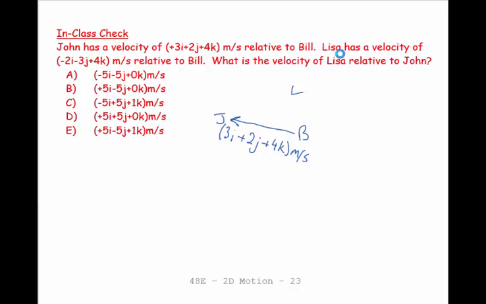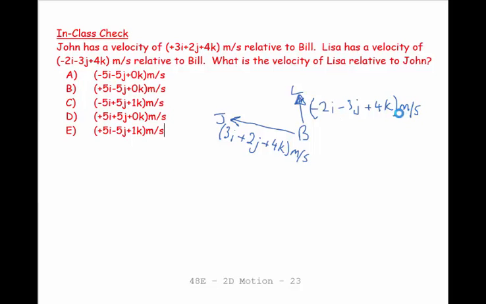Then the second line says that Lisa has a velocity of that relative to Bill. So Lisa relative to Bill is an arrow in that direction, and this is going to be -2i - 3j + 4k